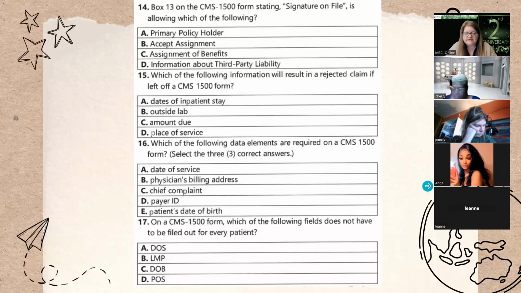All right, number 17, on a CMS 1500, which of the following fields does not have to be filled out for every patient? And they give us some of our lovely acronyms. DOS, which is date of service. LMP, which is